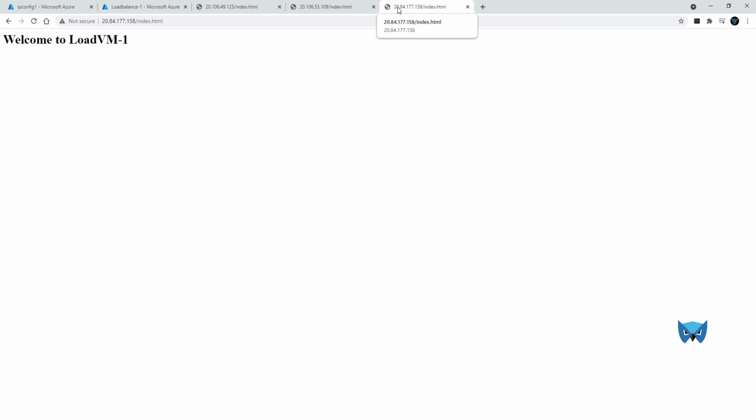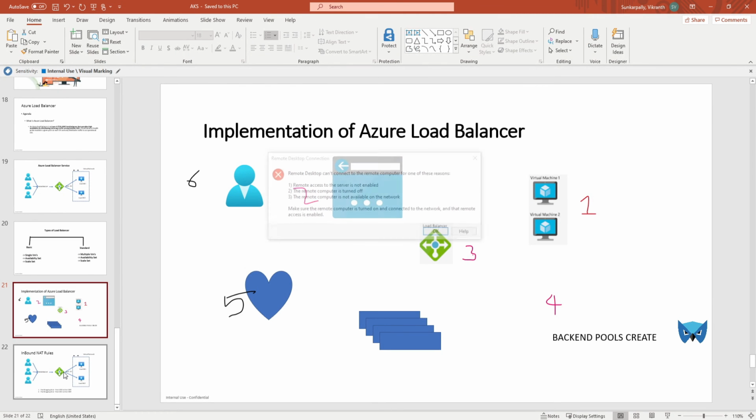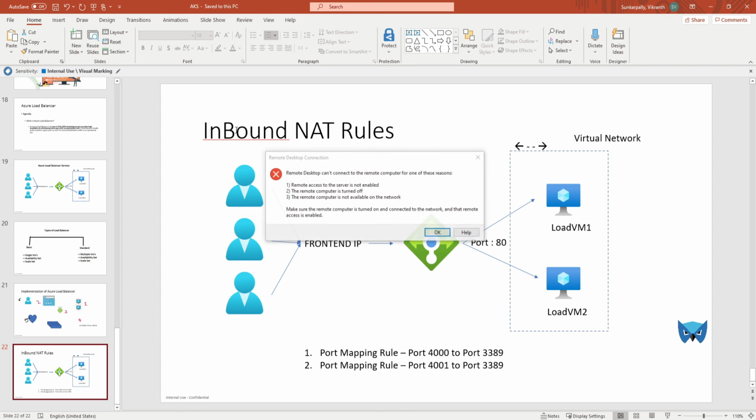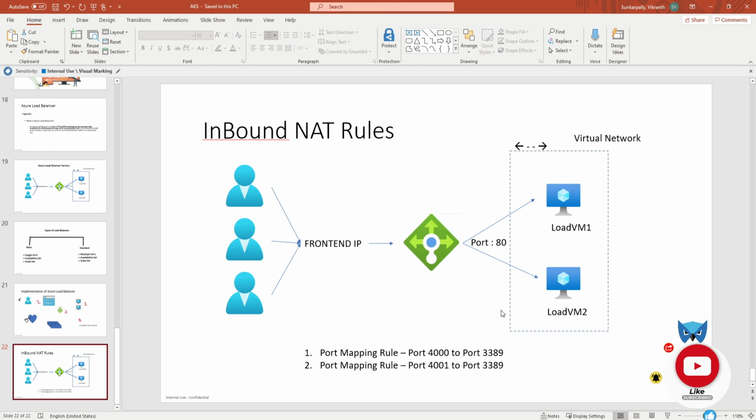So in the coming session, we are going to create inbound NAT rules. Inbound NAT rules is nothing but this one. If an administrator wants to give load VM1 to a particular developer, the developer doesn't want to log in with the administrator's credentials. So we are going to create NAT rules for that. So disconnect this because we have disconnected. So NAT rule will be created. So for NAT rule,